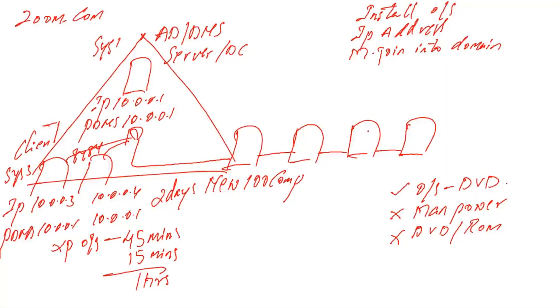The third machine will also take 1 hour. Like this, one by one, we have to go to all machines. So one machine is taking 1 hour. How much time will 100 machines take here? 100 hours. But do you have 100 hours? No. How many hours do you have? You have 2 days. 2 days means